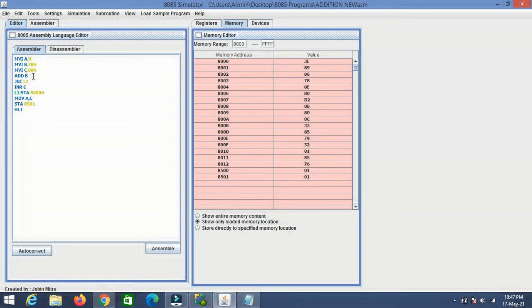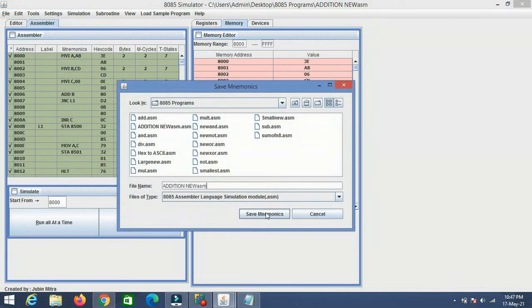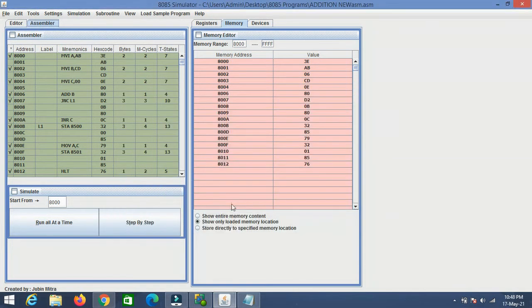For example, some alphabet numbers. So it is AB, preceded with 0. Next, let us take some CD, also preceded with 0. Now let us try once again to check the values. First we will compile this. So first go to file, save it. Let us save with the same name, because I am not going to change that.